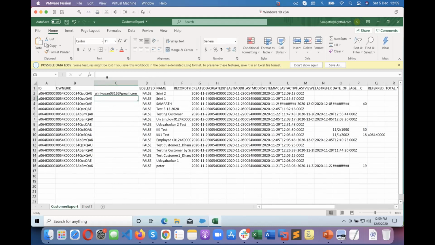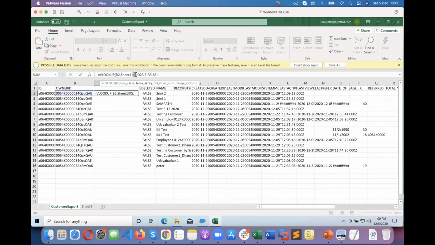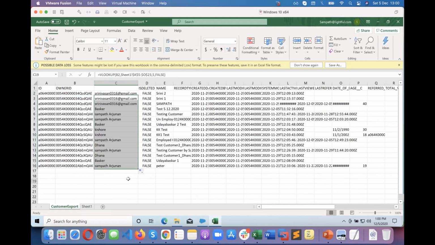See here. Now just change this one into dollar. What is dollar F5? Where is the dollar sign? Yeah, this is the dollar sign. You can just select it and press F5, and the dollar will come automatically. But in my keyboard there is no F5, so that's why I'm typing it. It's a different keyboard, right? Yeah. And then just double click, it will populate. Now you know this ID relates to this user, this ID relates to this user. Yeah, you can see it.